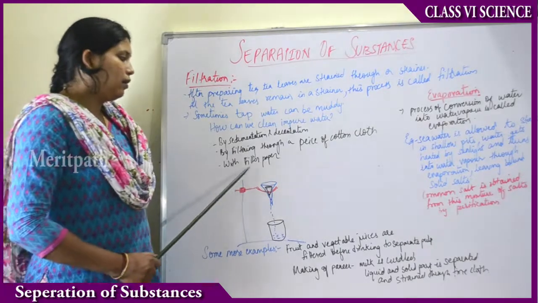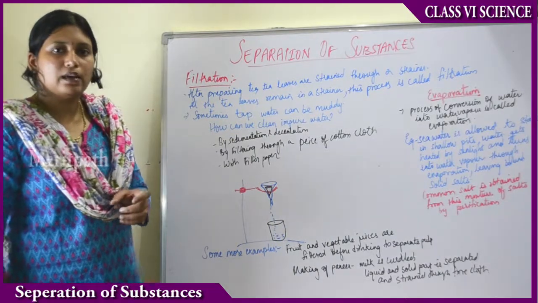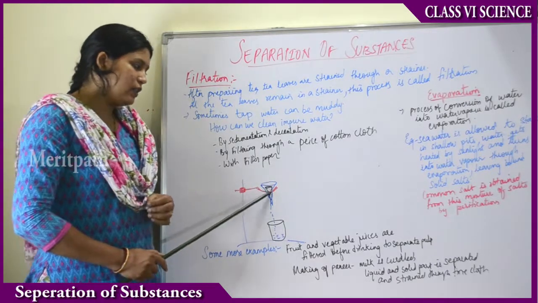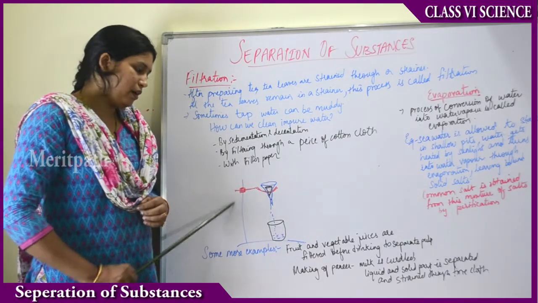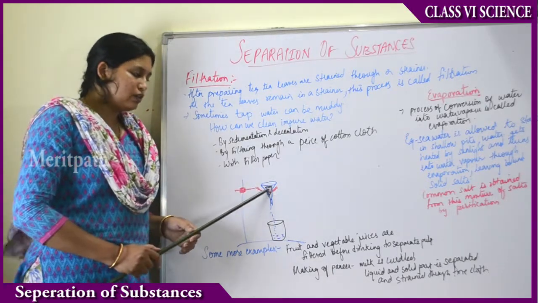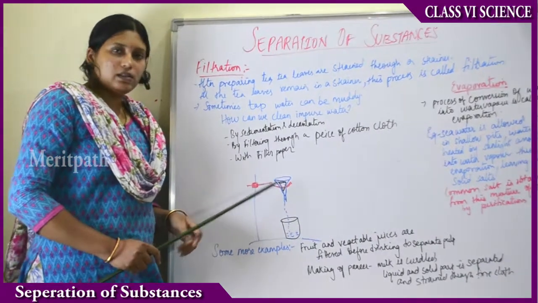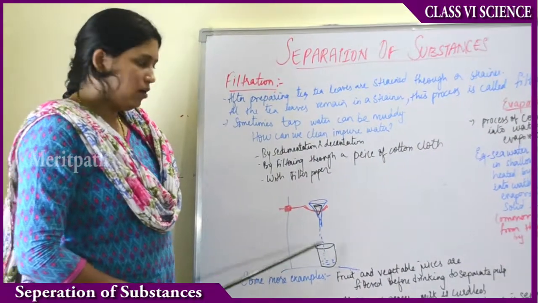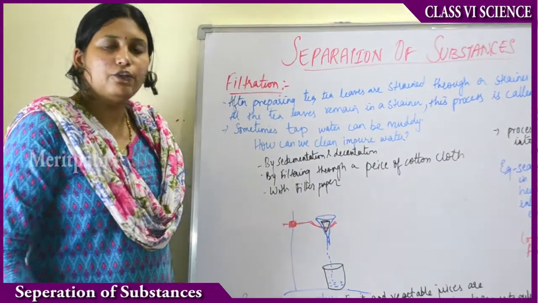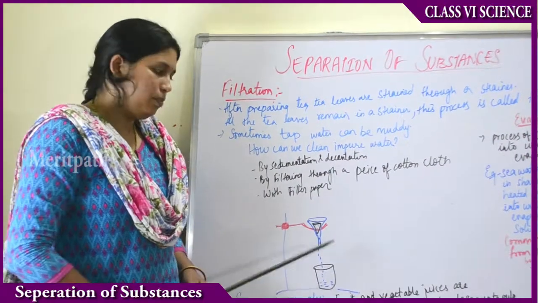Right? One more method of filtration is through filter paper. You know, filter paper is easily available in the markets in the form of white colored pieces. Fold it into a cone shape. Take an iron stand, mount a funnel to it, and in the funnel put the filter paper. Then pour the water through the filter paper into this funnel. Fold the filter paper into a cone shape and put it in. And the water which was strained from the cotton cloth, pour into this.